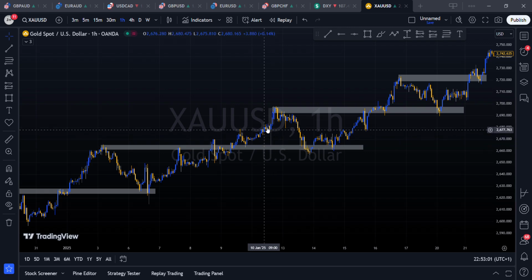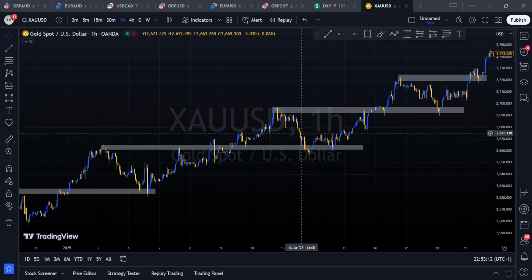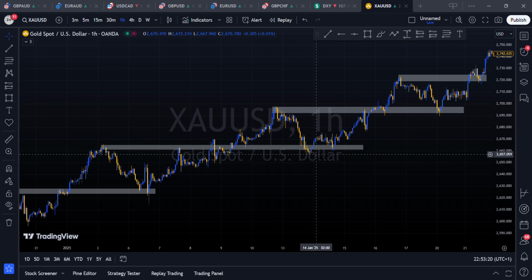Now look how quickly price came down to this region here and tested this breakout block, just like I explained. And then what happened? Price moved up again, right? Good. So after price moved up again, price came down again properly this time. Remember I told you that price cannot just touch this area here and move up again. Now look what happened. The low of it now exceeded